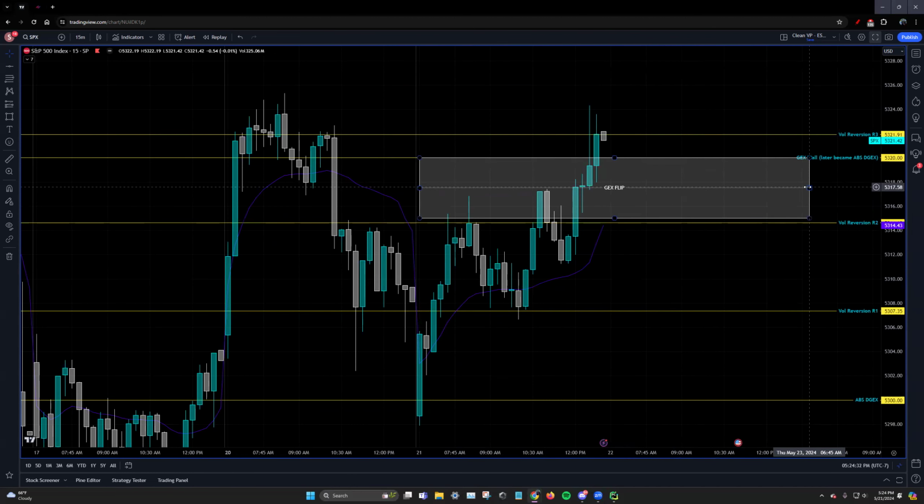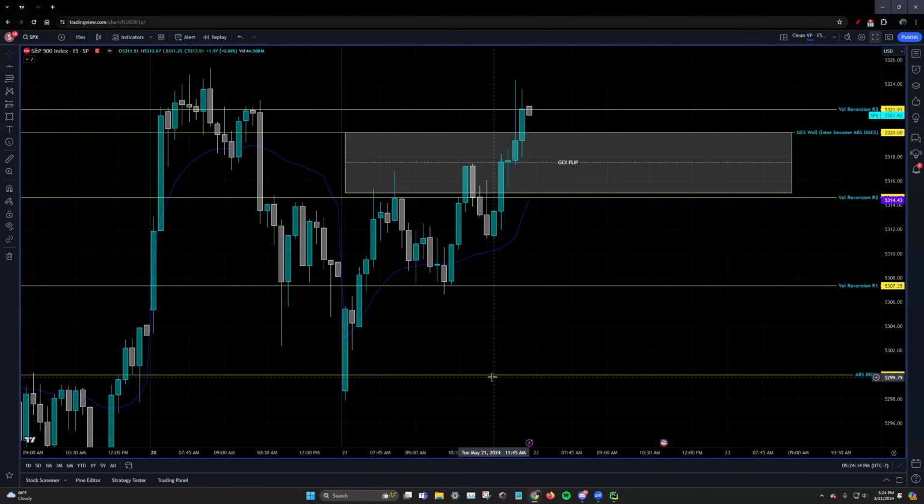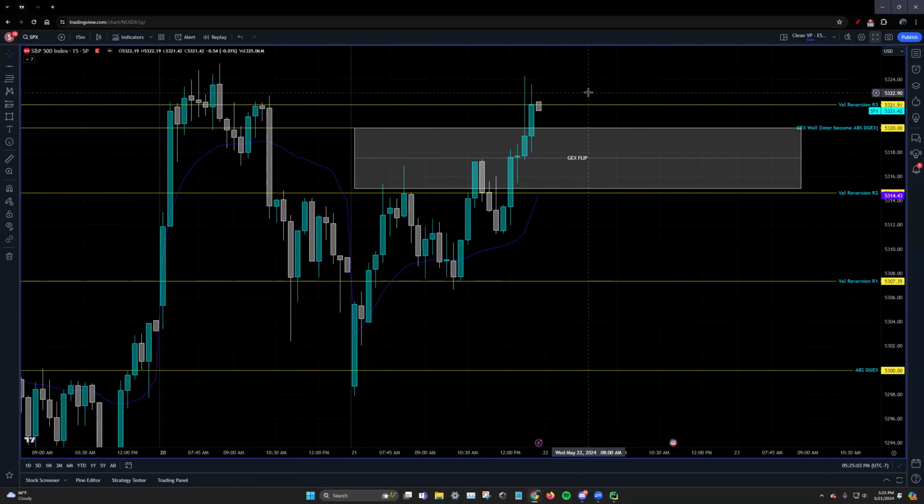So starting off, we have our defined range of 53.20, and look at the day, right? The open was right around 53.20, maybe at the bottom of the open or the range of the open. It was 53.98. But as you can tell, we're always very close, within plus or minus 5 points of each level, right? So 5,300 is right here, 5,320 is all the way up here, and we range from 5,397 all the way to 5,321.42. So as you can tell, it's very accurate in terms of determining what the range is for the day,